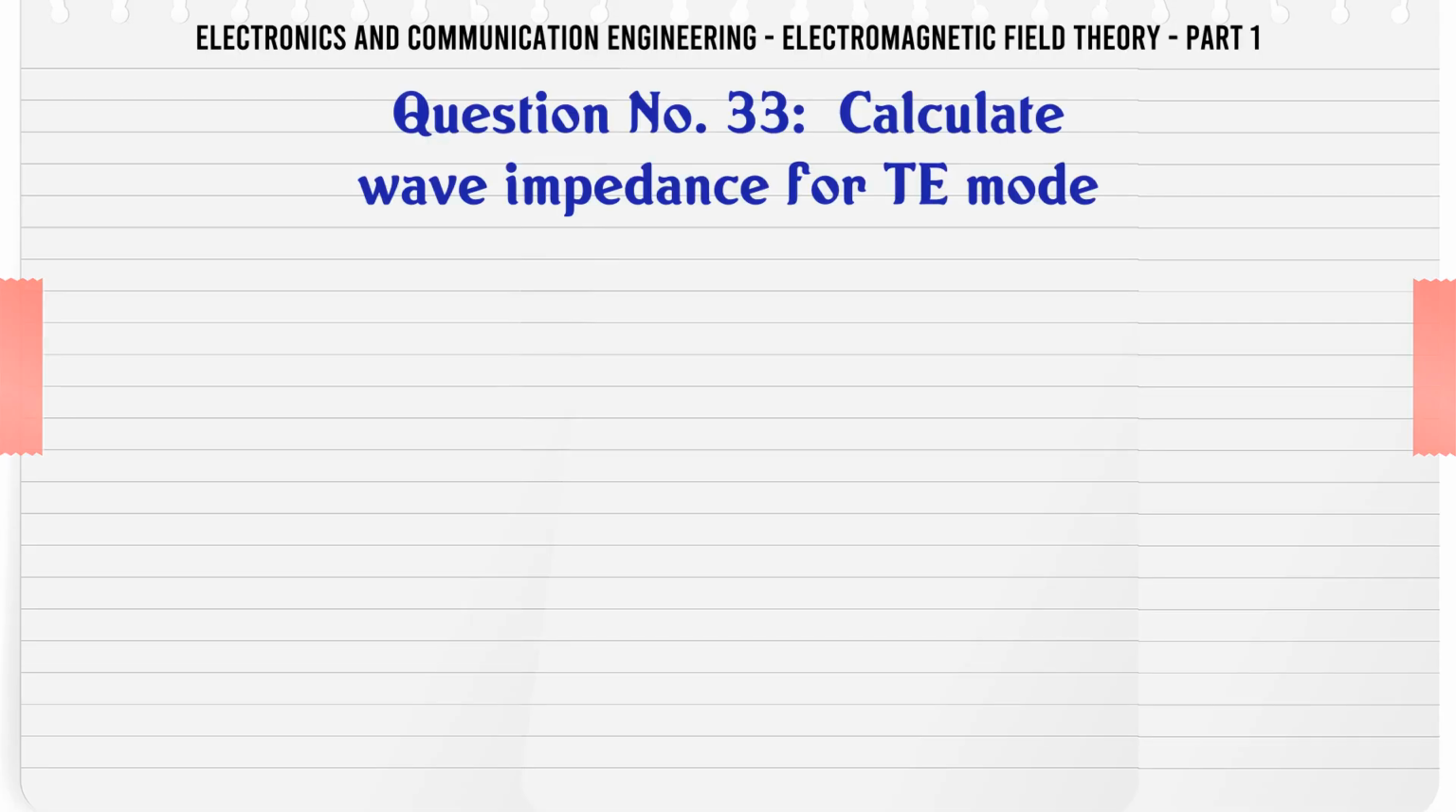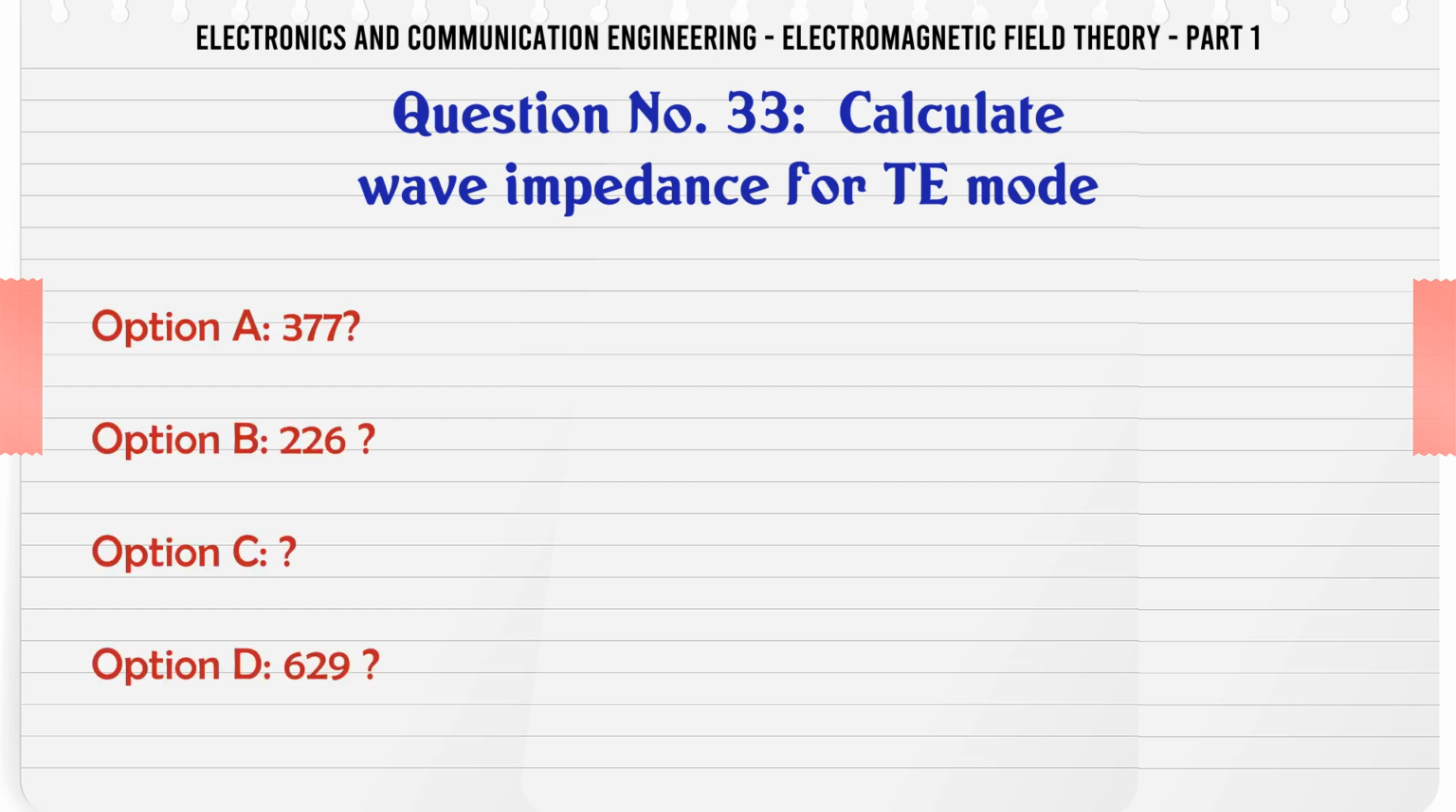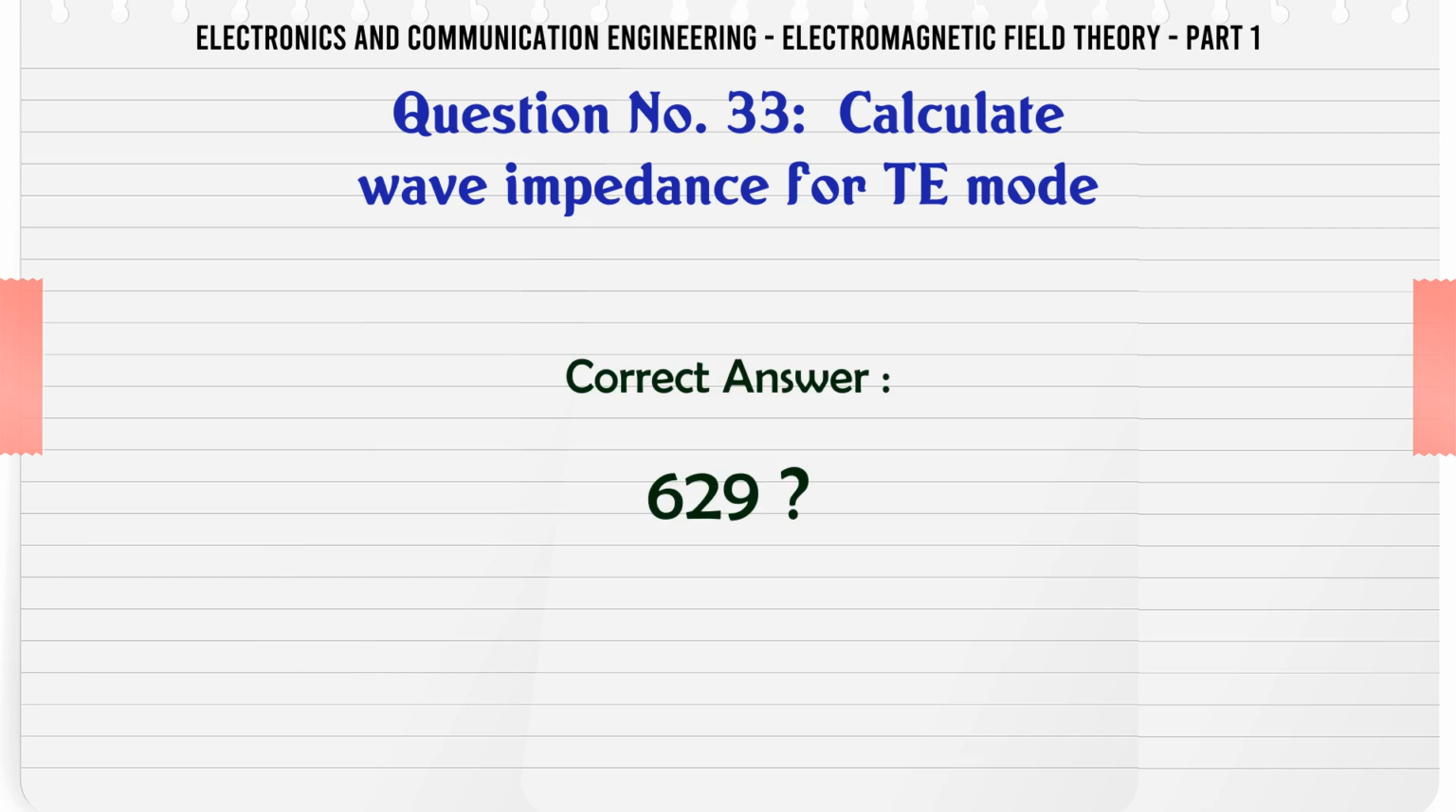Calculate wave impedance for TE mode. A, 377; B, 226; C, ; D, 629. The correct answer is